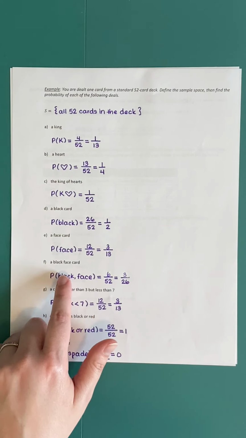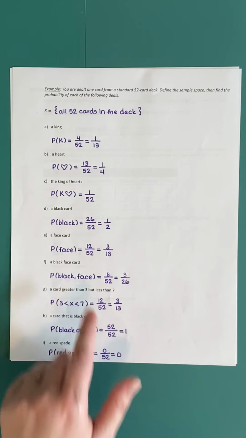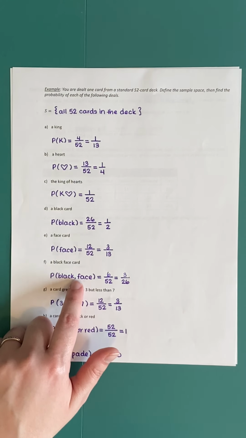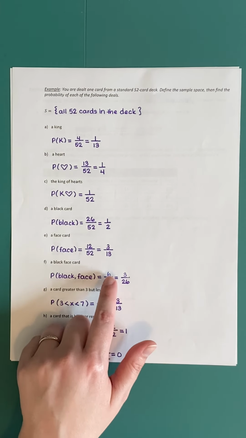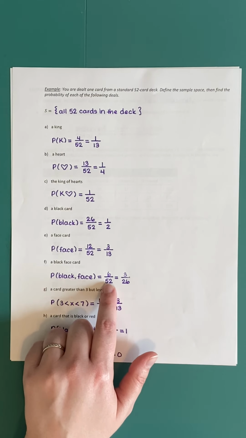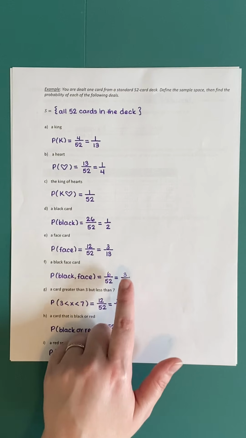We need to get a card that's both a black card and a face card at the same time. Well, we could have the jack, the queen, the king of spades, or we could have the jack, the queen, the king of clubs. That's a total of 6 cards. So any of those cards dealt would be considered an outcome in this particular event. So there's 6 ways to perform this particular event, 6 outcomes divided out of the 52, which reduces to 3